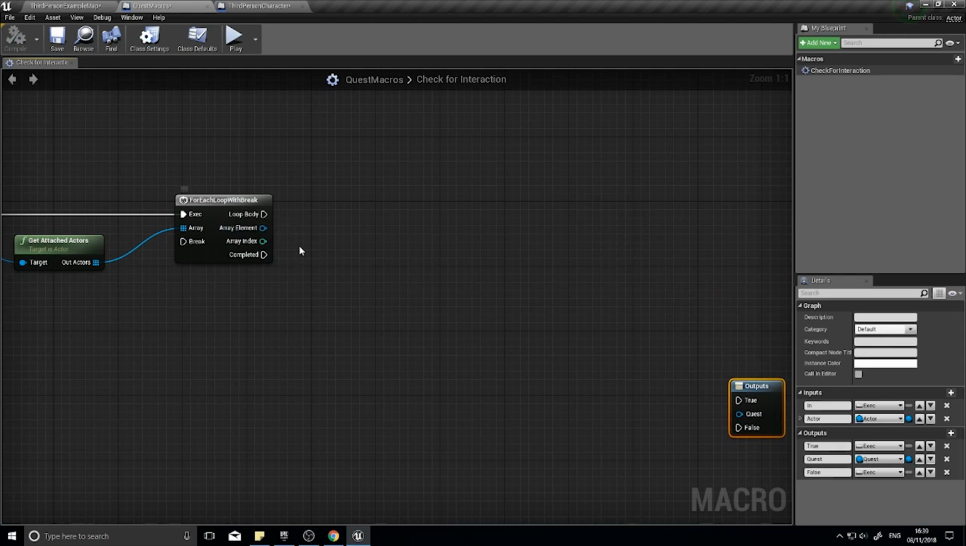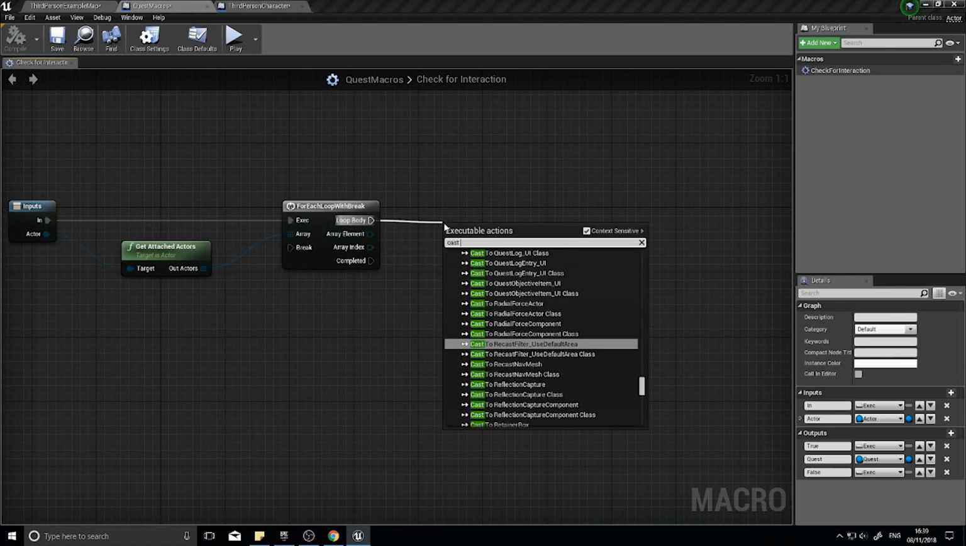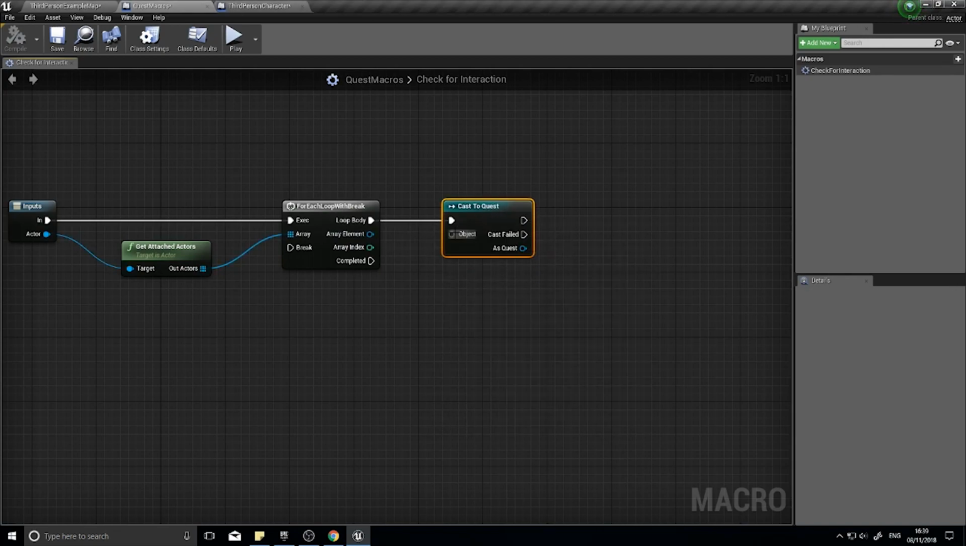So on the loop, it's going to do a couple of things. The first thing it's going to do is check whether or not this thing is a quest, and we're going to do that with a cast. So cast to quest,